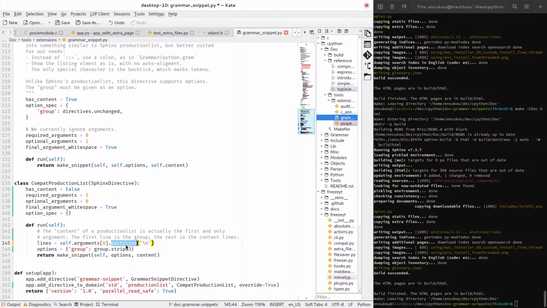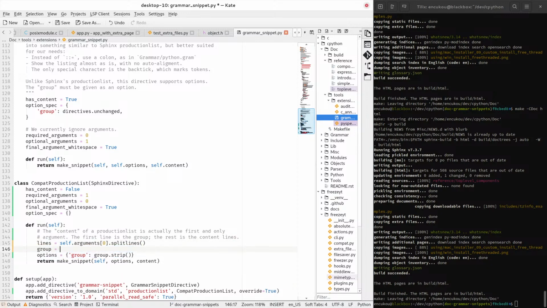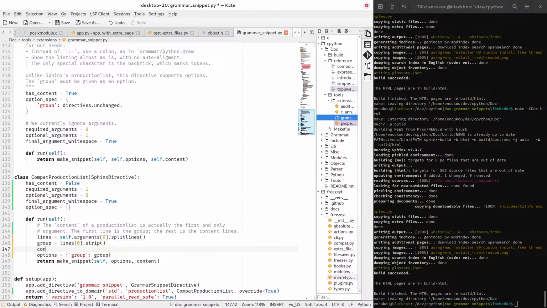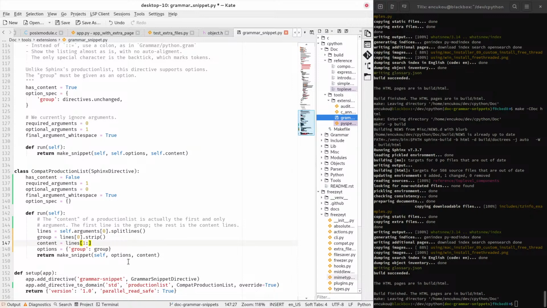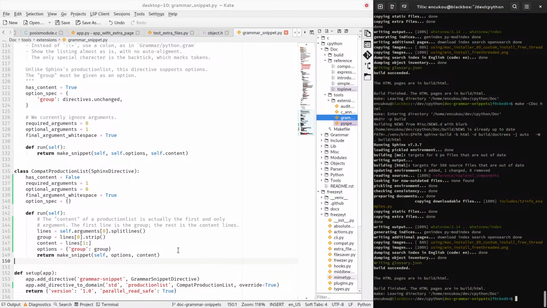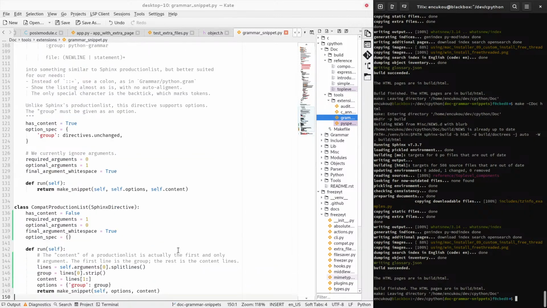lines equals self-arguments split lines, and then the group will be the first line stripped. Let's keep this variable name, that's nice. And then the content will be the lines after that, right? Yeah, by default, splitlines doesn't keep ends, right? Yes. And I think that's what we want, right? So